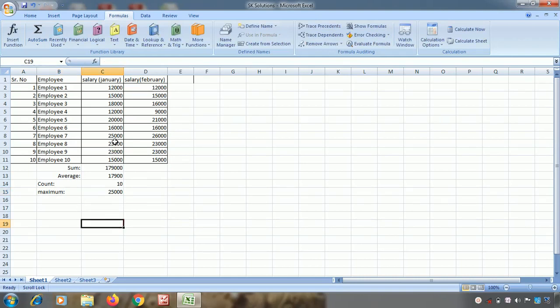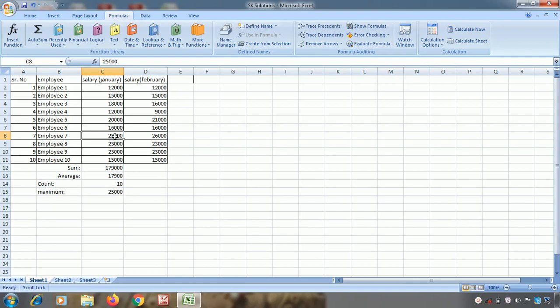Here you can see that employee 7 is getting 25,000, which is the maximum. Now first observe all these values: the sum is 1,79,000, the average is 17,900, and the maximum number is 25,000.